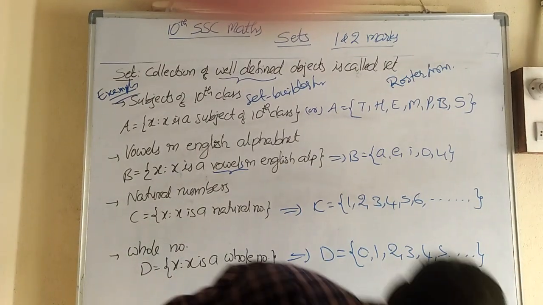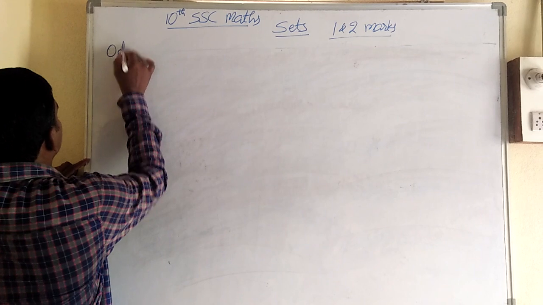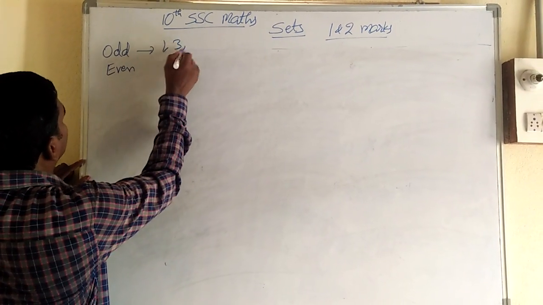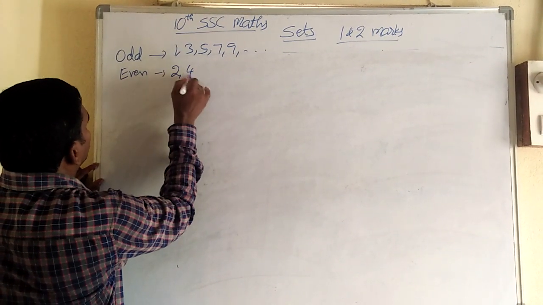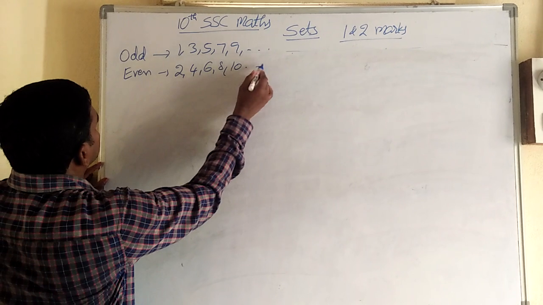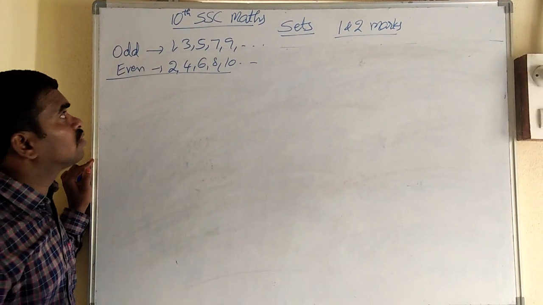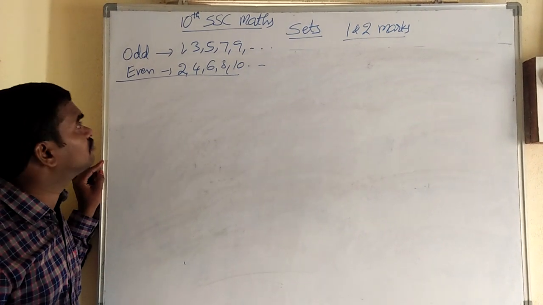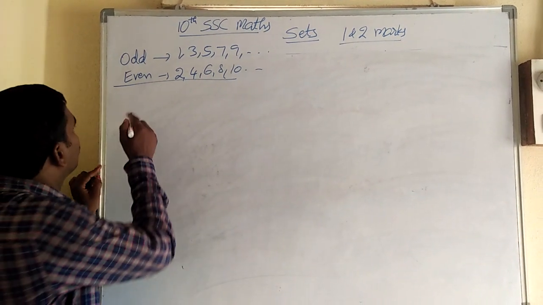So, some more basics regarding sets. You know what odd numbers and even numbers are. Odd numbers means 1, 3, 5, 7, 9, and so on. Even numbers means 2, 4, 6, 8, 10, and so on. To solve the sums in this chapter, we should know some words which are used in mathematics. Factors,